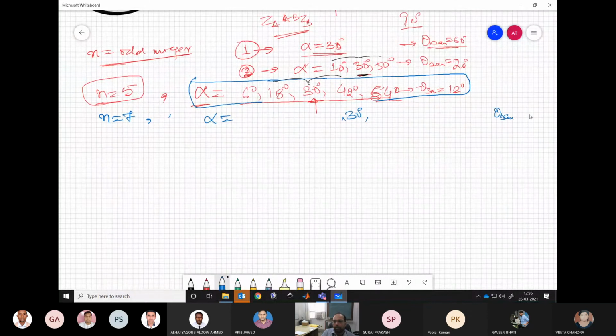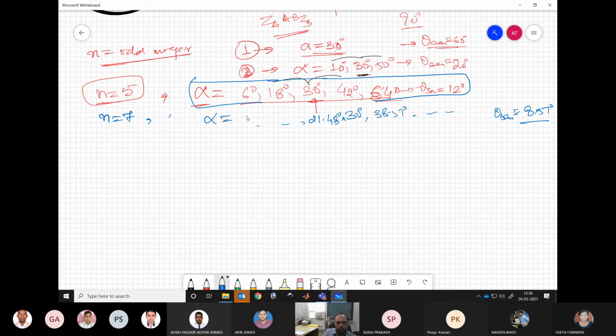Okay, what is theta sampling? 8.57 degree. Yes. From next class, please sit with the calculator with you. 8.57. So the next samples would be? 21.42. Yes. Then next one. 38.57. Yes. And so on.